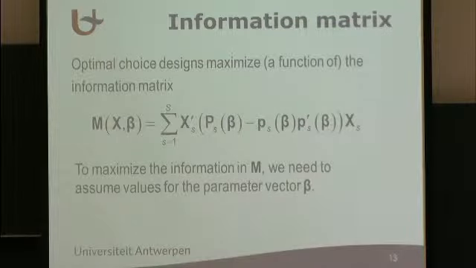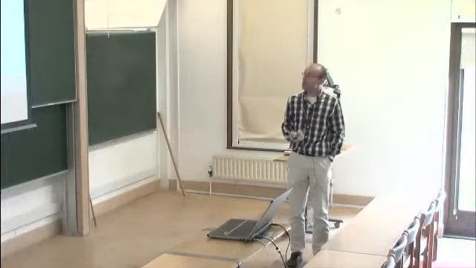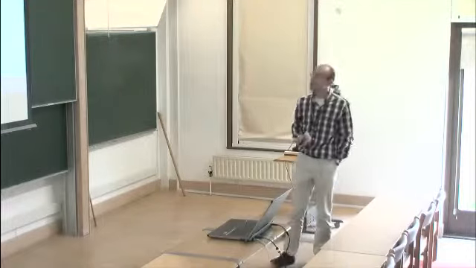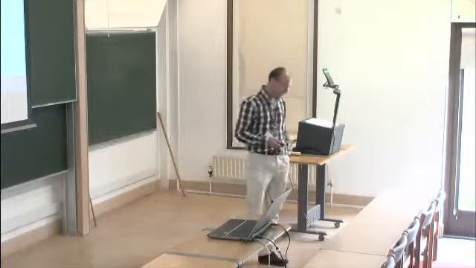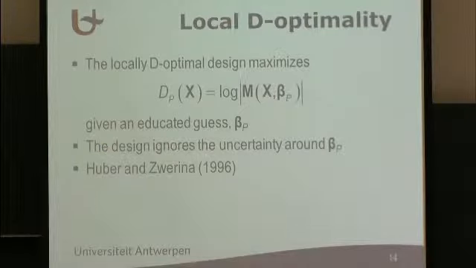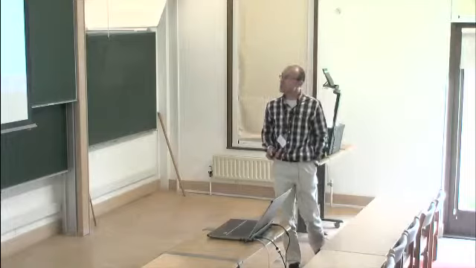And there are various ways in which you can do this. You can, for example, use the locally optimal design approach. You can, for example, use the local D-optimality criterion. And that criterion assumes that you use an educated guess, an educated point estimate for the betas, and you plug it into the information matrix. And then you maximize the determinant of the information matrix, or the logarithm of the determinant of the information matrix. That's the locally D-optimal design approach, which was introduced in the choice design literature by Huber and Zwerina